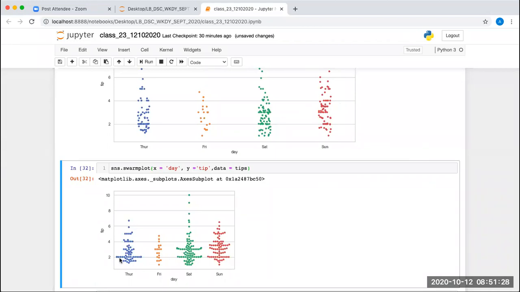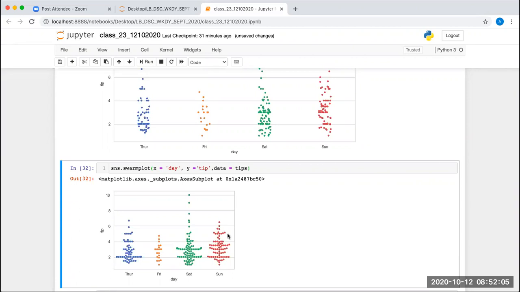Here this trend is quite clearly visible that on Thursday, most of the people are giving a tip of $2, whereas on Friday it is mixed, less than 2 and around 3. And on Saturday it is mixed again, so it is 2 and around 3. And on Sunday also it is 2, 3, 3.5, and then 4.5, kind of that. Okay, fine. So this is what we can observe from this plotting.